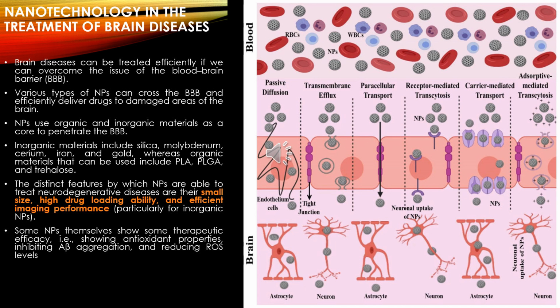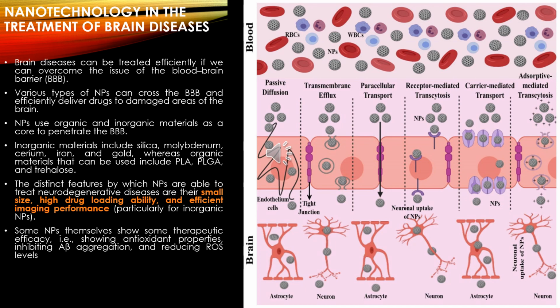So while we are using nanoparticles as a delivery system, these nanoparticles will be conjugated with some ligands in order to improve their performance. They will interact with these ligands and they will penetrate the blood-brain barrier, and they will cross the blood-brain barrier and enter into the target cells. These nanoparticles can adopt multiple pathways for the entry into the blood-brain barrier.